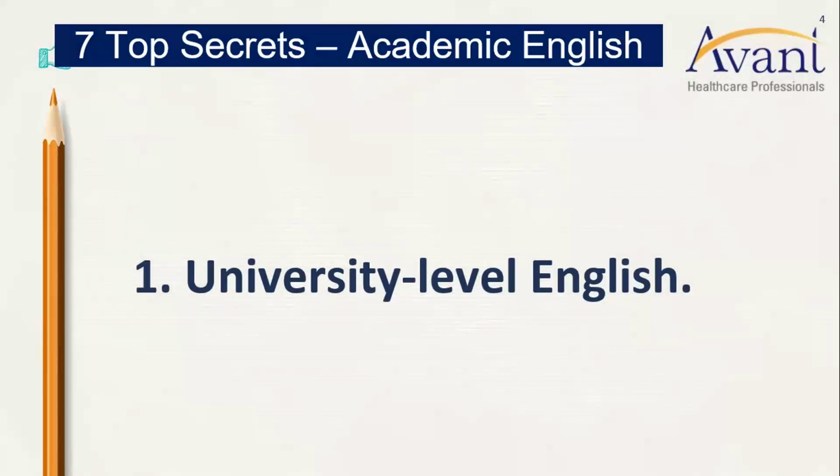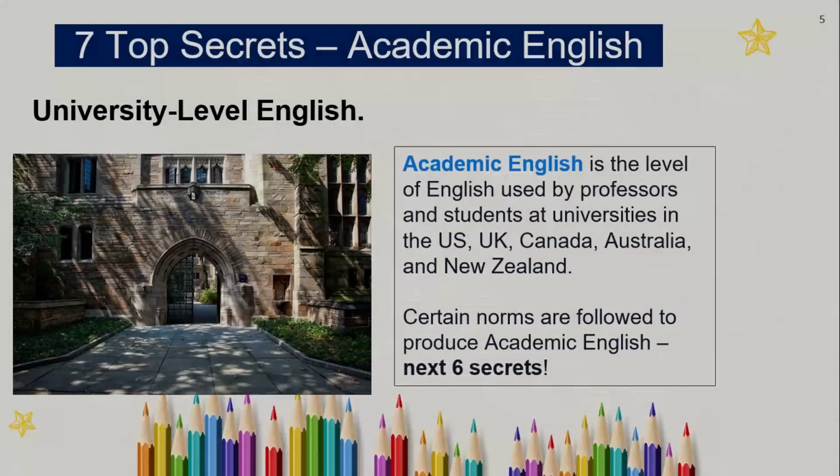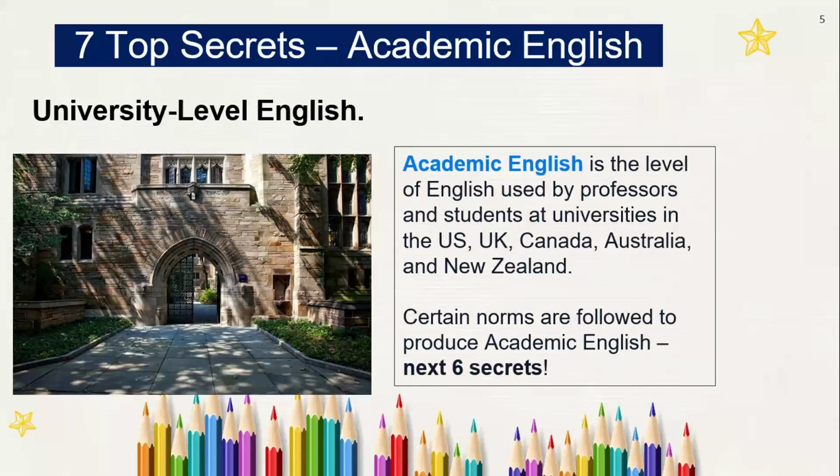So academic English is university level English. This is the English that is used in US, UK, Canada, Australia, and New Zealand universities. And there are certain norms or rules that are followed using academic English. Remember, this is the English used by professors and students at these schools, but also researchers. You're supposed to consider yourself like a researcher, as a third party, observing events and making